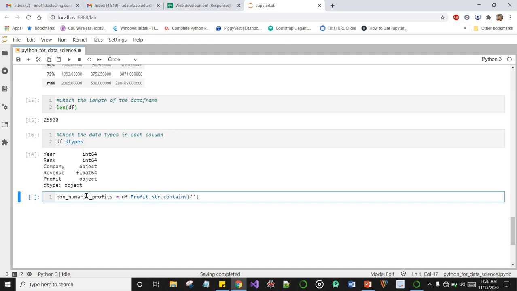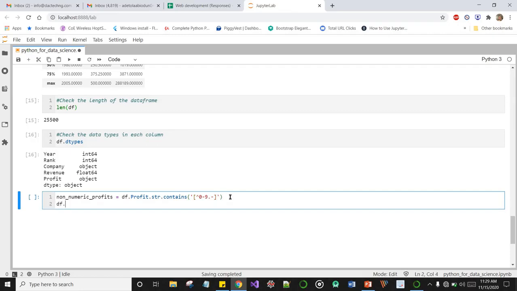We can write a regex, a regular expression, to contain numbers from 0 to 9, dot, hyphen. I think this should work. And there's a method called dataframe.loc, and we can look for the location of this non-numeric profit in our data frame. And let's just display the first 5 rows.